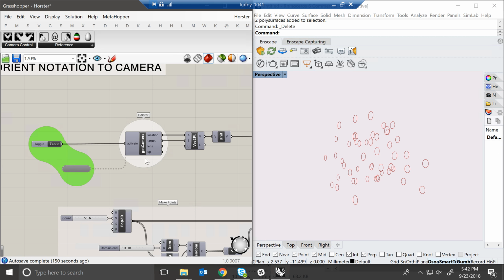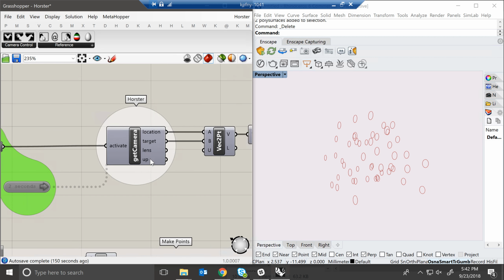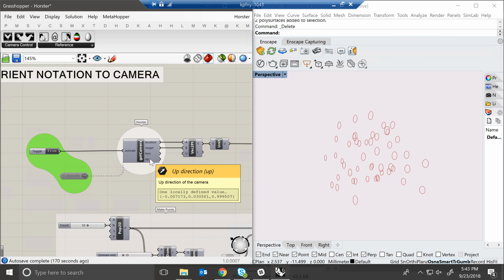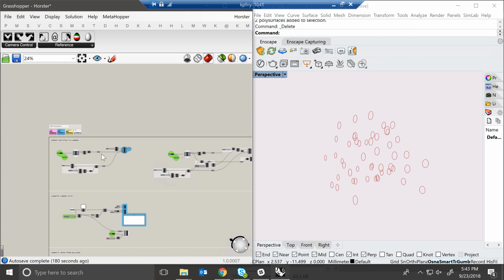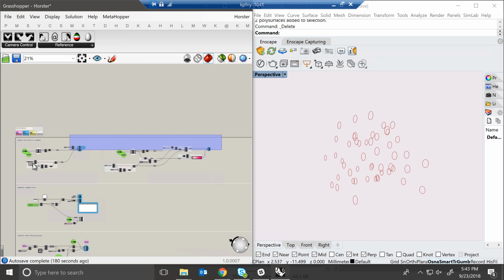is to get information about the camera in Rhino, and with that, it becomes a really useful tool for annotating or building up dashboards, or if you are trying to do an urban scale analysis and you need to move along a street and you need the camera to follow your analysis points, things like that. So it's pretty great. So this first version here, this tutorial is going to deal with the top half of